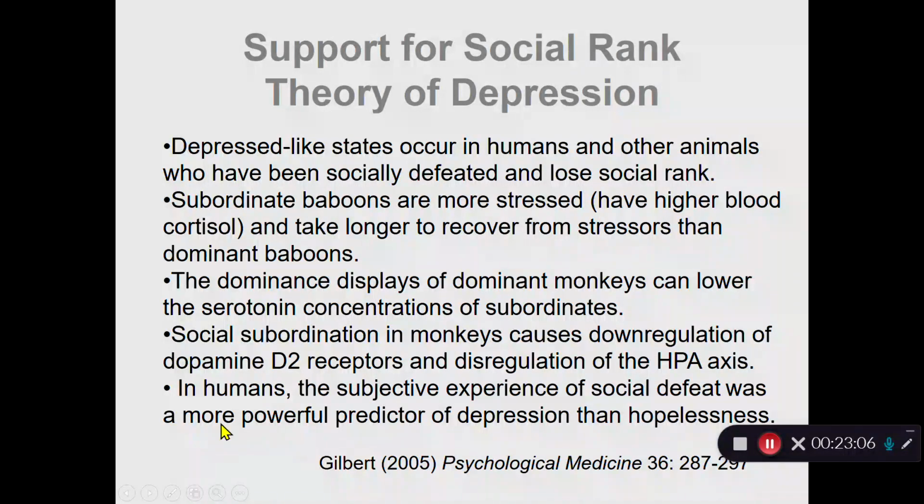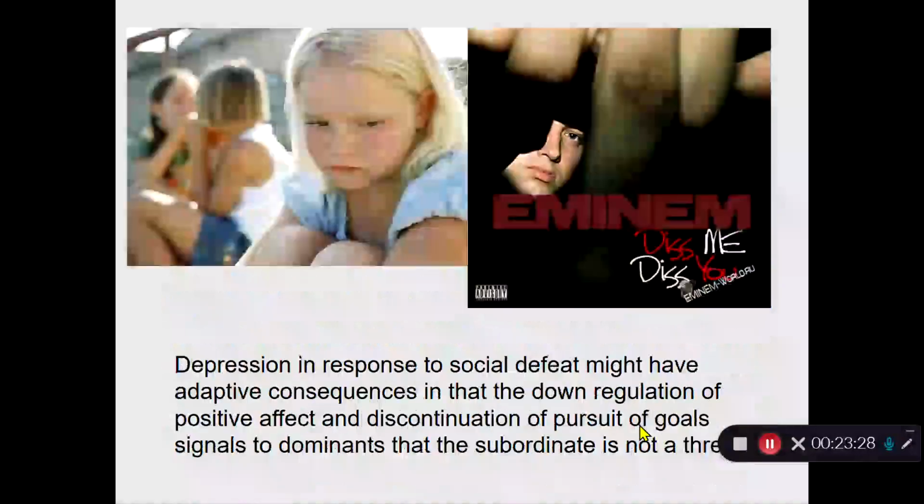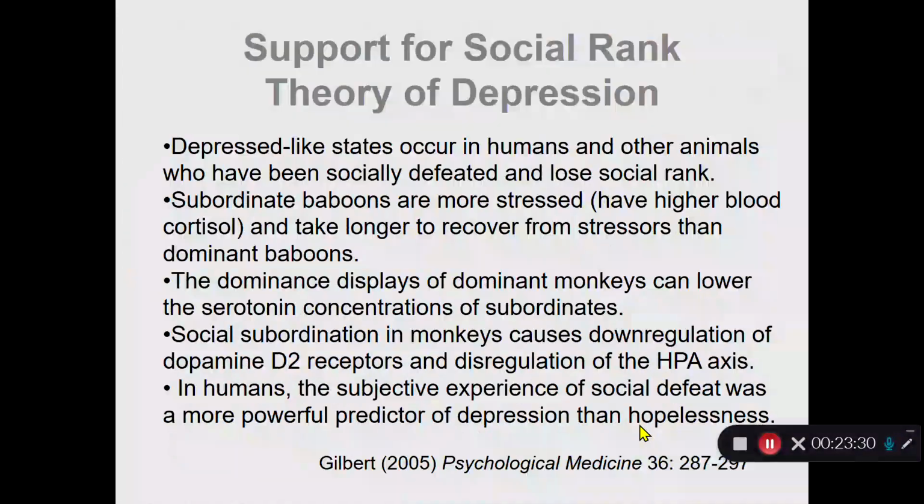In humans, the subjective experience of social defeat was a more powerful predictor of depression than hopelessness. Among human beings, social defeat, social subordination is one of the most reliable predictors of a depressive outcome. And this can have important socioeconomic consequences. Before we get to that,